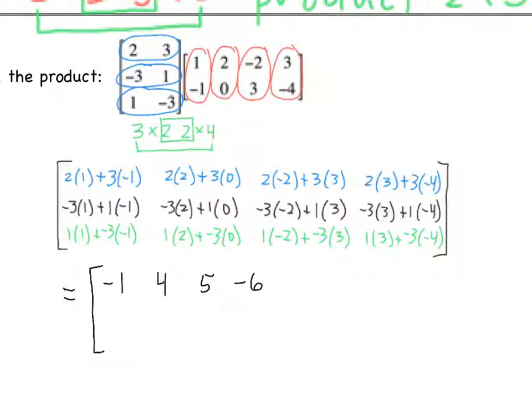We have negative 3 minus 1, so we'll get negative 4. In the second column, we'll get negative 6. Third column, we have 6 plus 3, so we should get 9. And then we have negative 9 minus 4, so we should get negative 13 in that last column. And then finally, the last row, we have 1 plus 3, so we'll